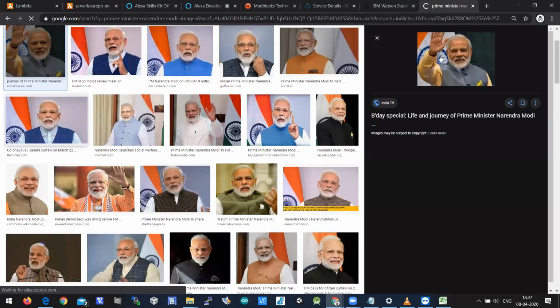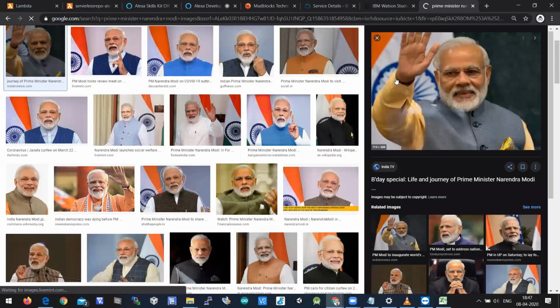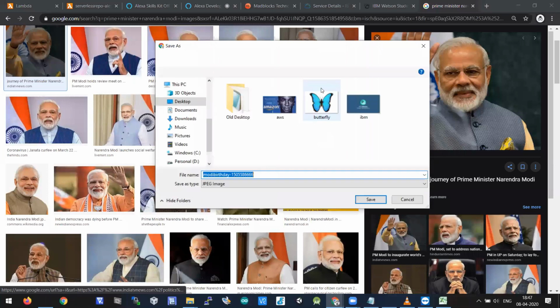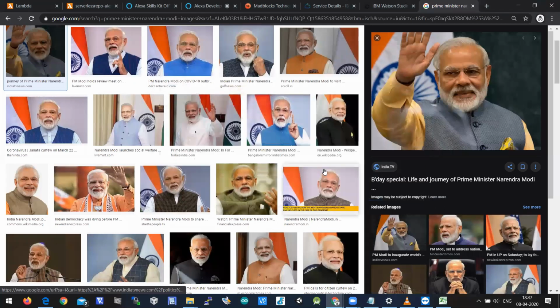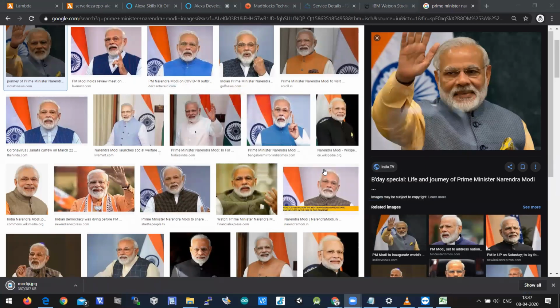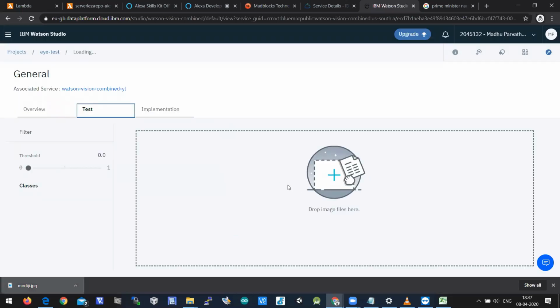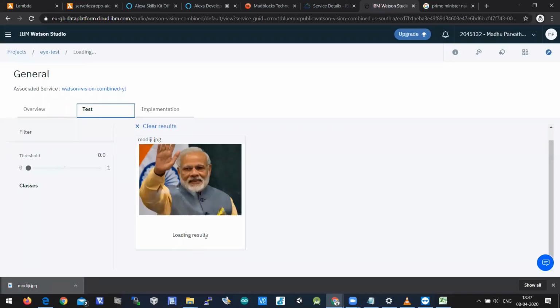Let's pass this image to the classifier and see what happens. I'm saving this image into my computer. I'll pass this image to the classifier. I'll just drag this onto here, and we'll see what it displays.